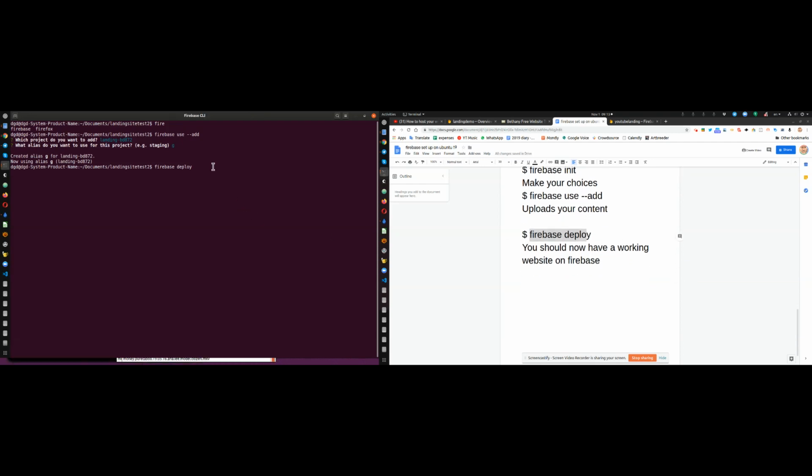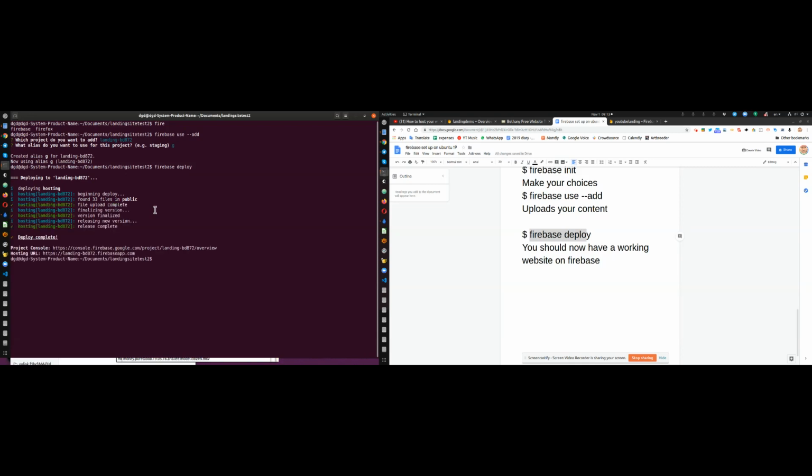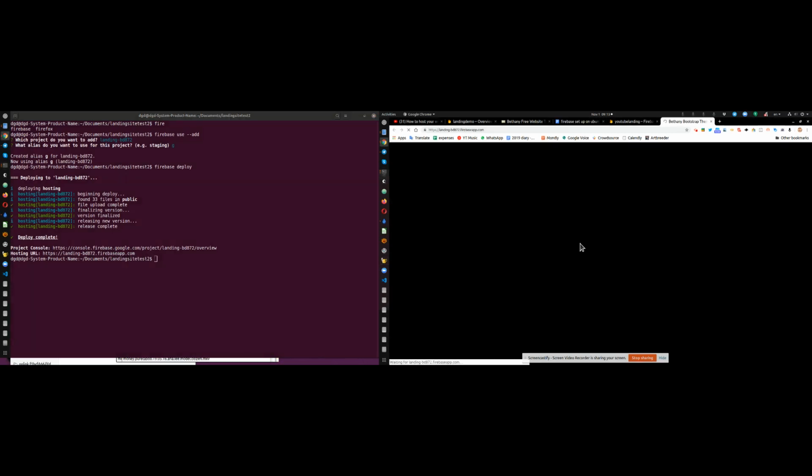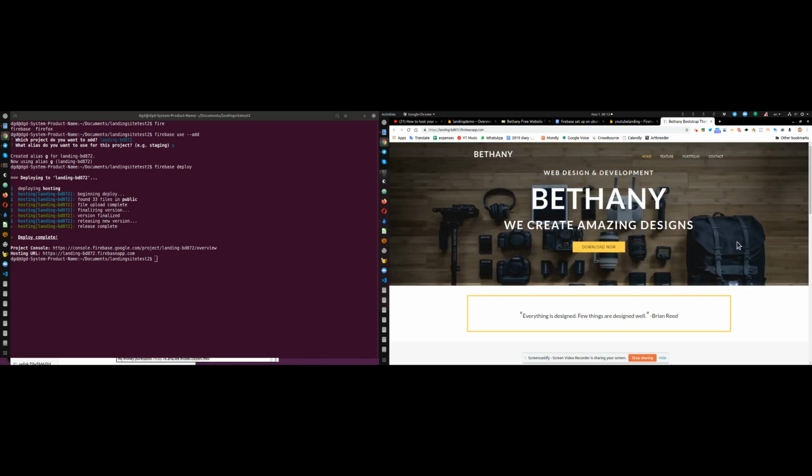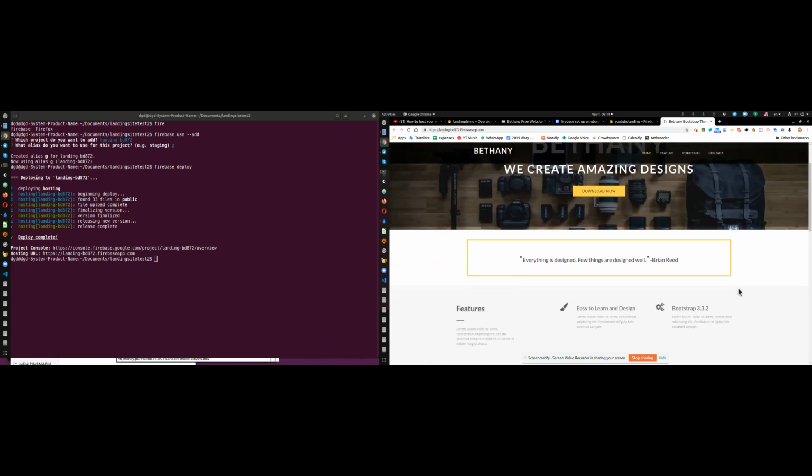Firebase deploy. Hit the enter key. And now it's going to upload the 33 files. And there we go. Now, hopefully, if all went well, right click, or I'm going to open the link. If all went well, which it did, we now have a new landing page,